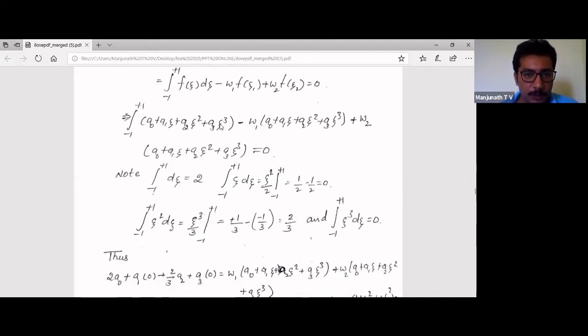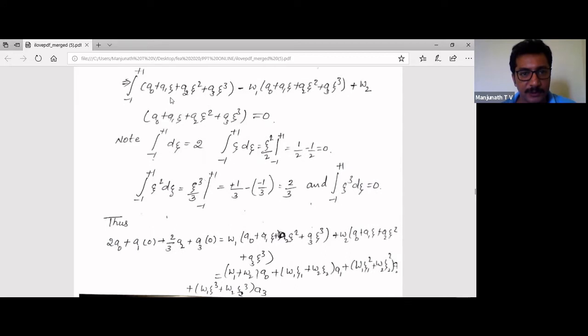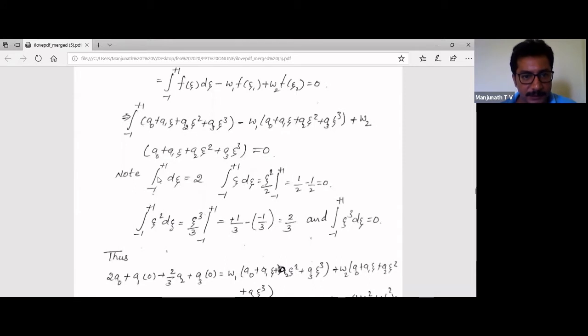Now this overall cubic polynomial we need to integrate from -1 to +1. I have shown these integrations individually, and then we can directly substitute them in place of the coefficient values. Now the integral of 1, varying from -1 to +1, is equal to 2. Then the integral of -1 to +1 of zeta with respect to zeta gives a value 0. The integral of -1 to +1 of zeta square d zeta is equal to 2 by 3, as you do the integration and apply the limits.